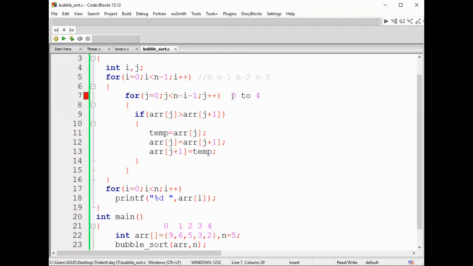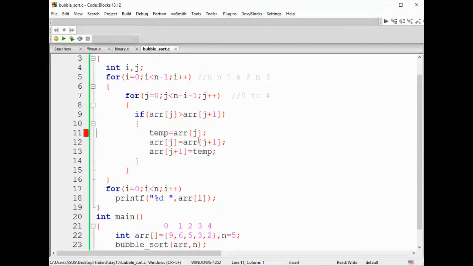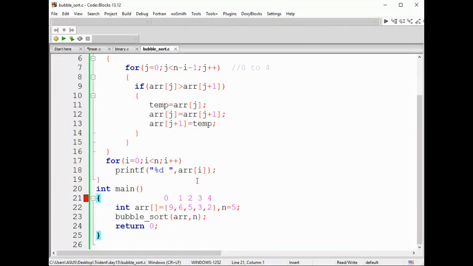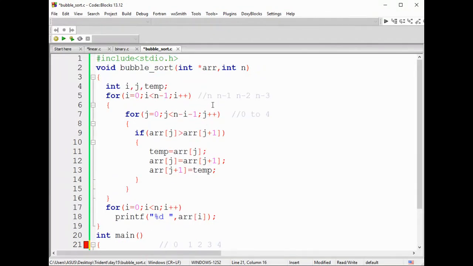Sorry, here these lines are to be commented, just for our reference we have made this one. Temp is not declared, and I'm trying to use it, right? So for sure it will throw you an error. What else is pending? Semicolon, arr, n. Okay, let me see the declaration part. For your understanding, I made all those things. arr is passed, n is passed here, and n I'm declaring. Good, now it will work fine. Just a minute, let me share the output window so that it will be clear to see the output.